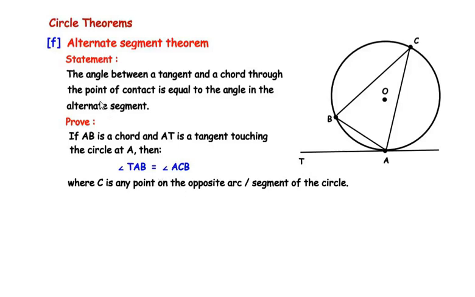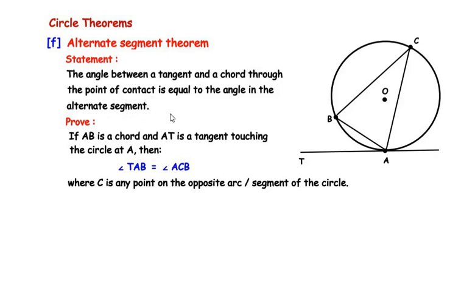In this video we are going to learn the sixth circle theorem, that is alternate segment theorem, its proof and some exam style questions. So let us begin with this statement now. The angle between a tangent and a chord through the point of contact is equal to the angle in the